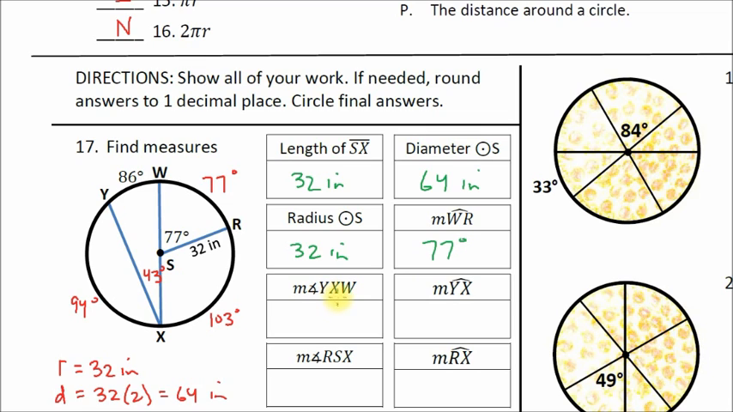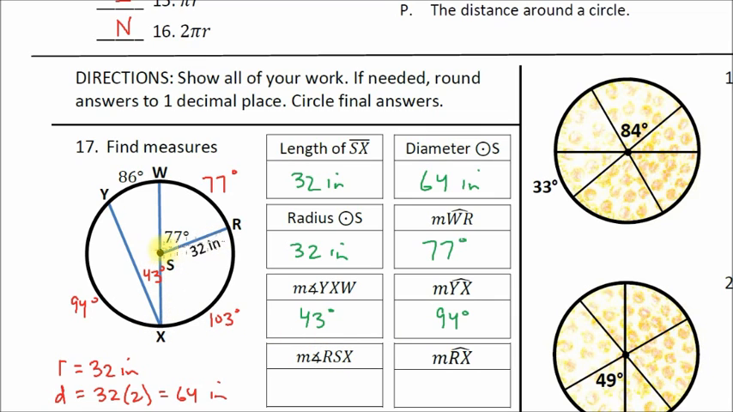The measure of angle YXW, that's an inscribed angle. That was half of the measure of the intercepted arc YW. The measure of arc YX, well, we already figured that out. We found that with the rules of semicircles, so that was 94 degrees. The measure of